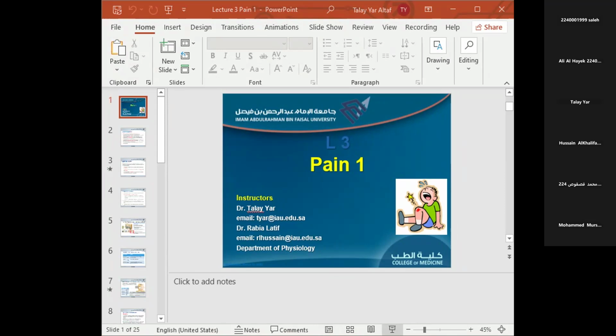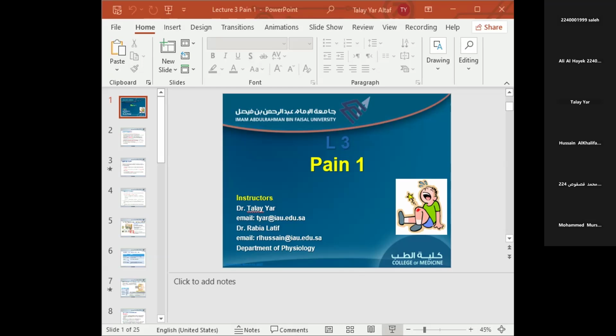All right, today our discussion will be about pain. As we have discussed before, pain is sensed through nociceptors. These are the pain receptors. A number of chemicals are involved, which can stimulate these pain receptors, so we'll just discuss those.